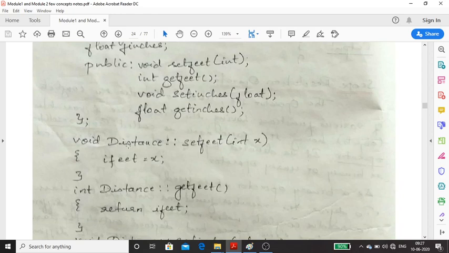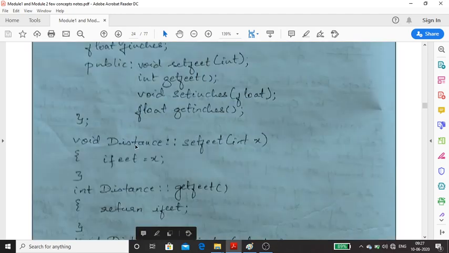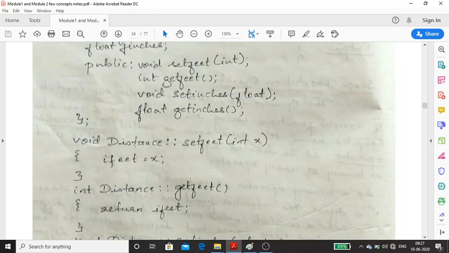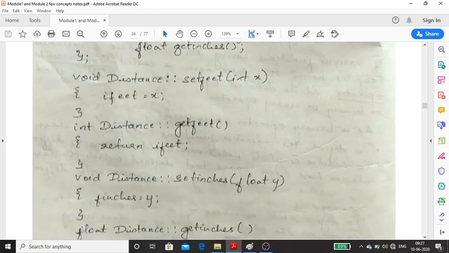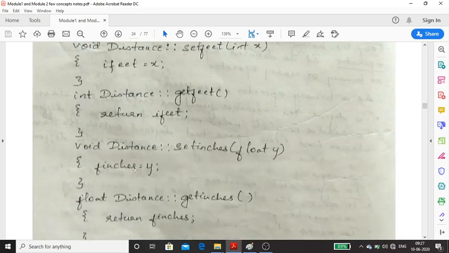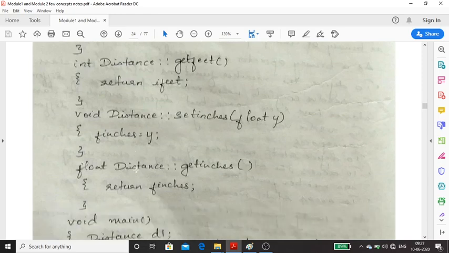So what is the meaning of that? This function belongs to the class distance with return type void. That's the meaning. So the scope resolution operator tells the compiler that the function belongs to the class with the name distance. This way you can write a definition outside the class by using the scope resolution operator.